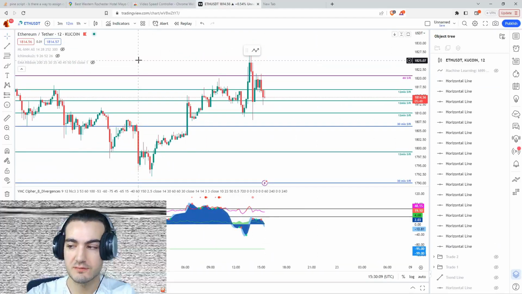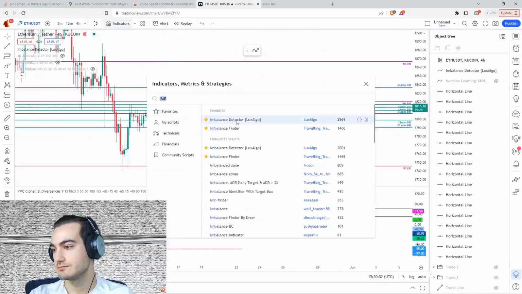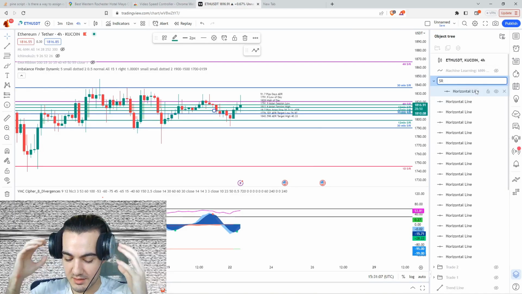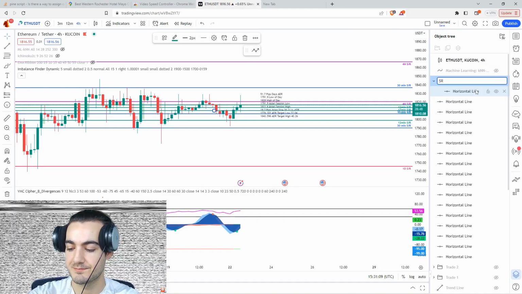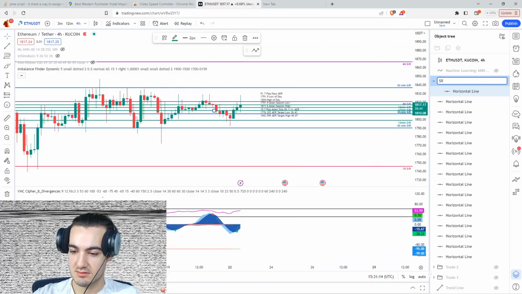Okay, now we're going to look for some imbalances. I'm going to name my support and resistance folder, including the date that I performed the analysis. So it would be